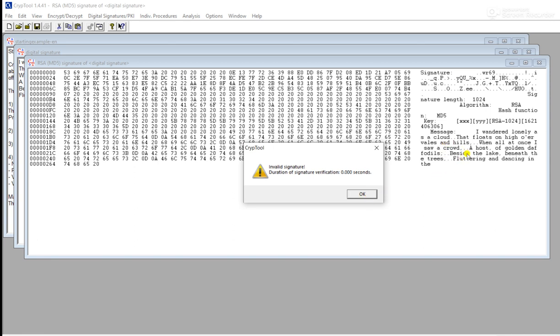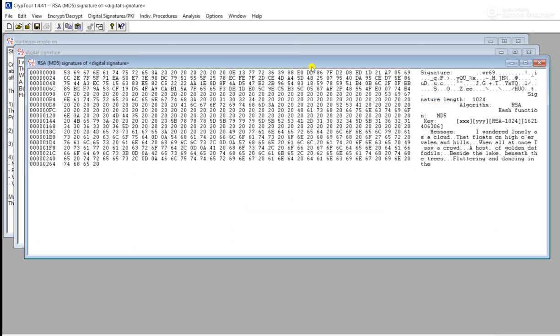Since I have changed the input message, it is showing the invalid signature. As you know, a digital signature belonging to a particular person will vary depending on the contents of a message.